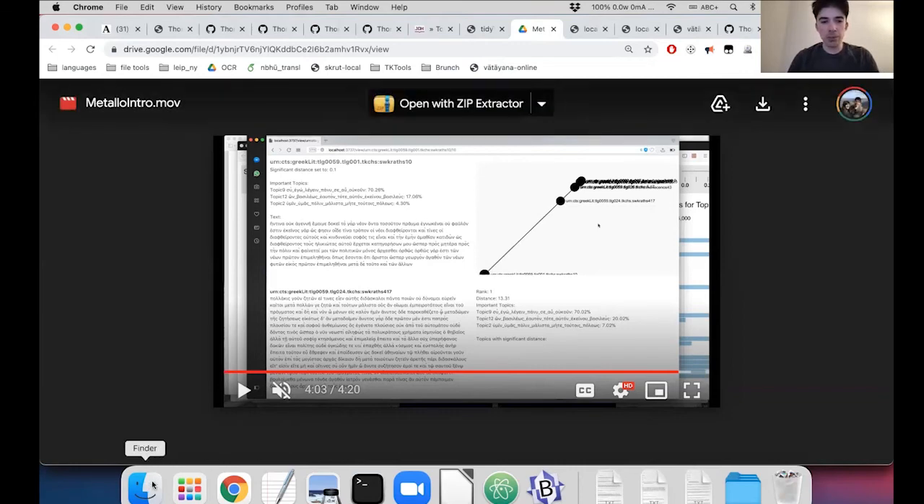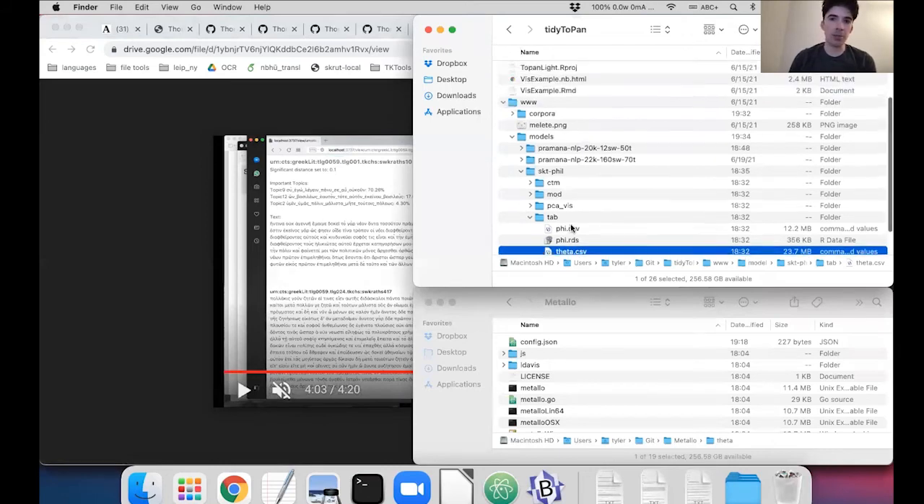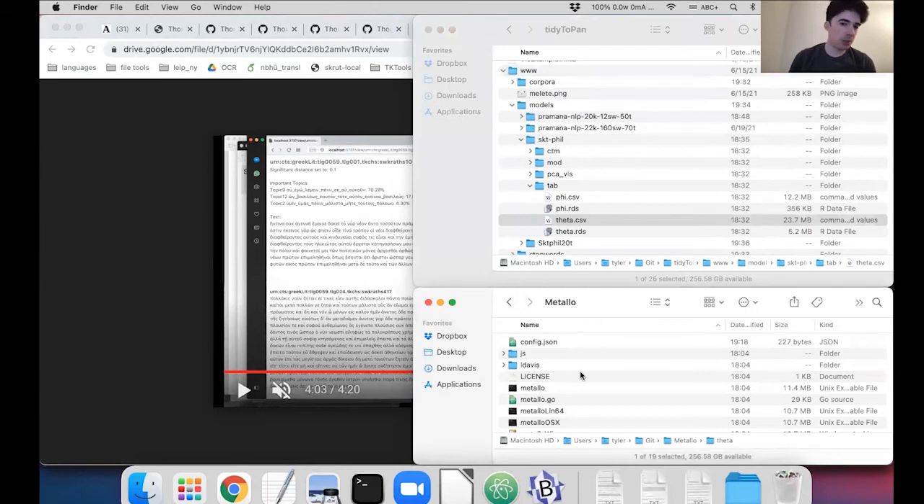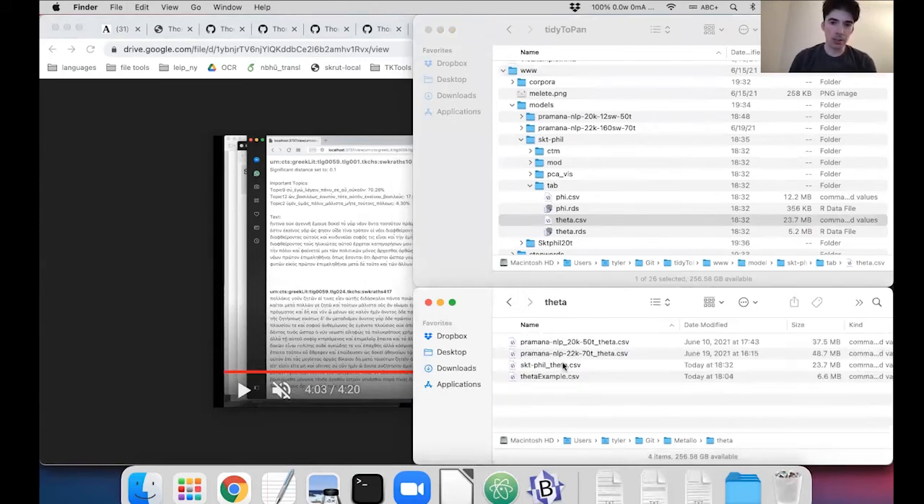So I just want to show you very briefly one important way to get Metallō started. You actually have to take this theta file from the ToPān model output and go over to where Metallō is installed on your system and give it that theta file. So this is the one that we just pasted over from ToPān. It's actually, give it this name. And you need to make sure that